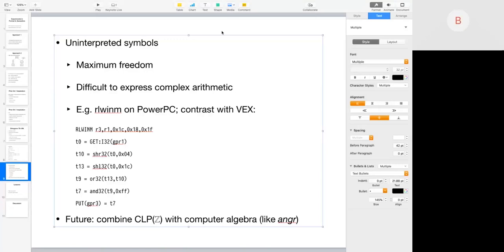And by making this operation, let's say, bit or, you will get the actual bit or of what arithmetic is, or the actual bit or operation. So it gives you maximum freedom, but when the arithmetic becomes somewhat complex, it is getting more and more difficult to express